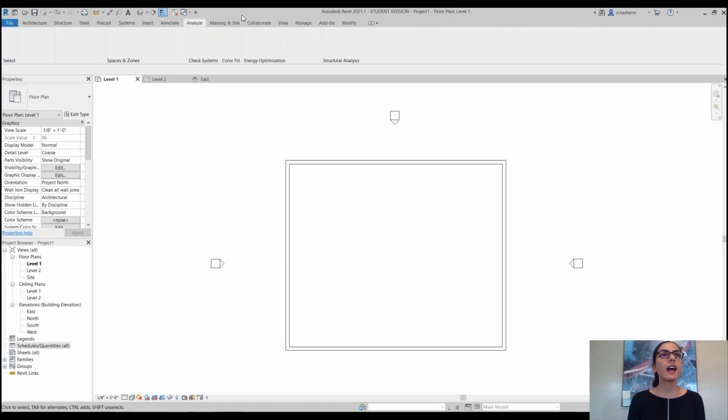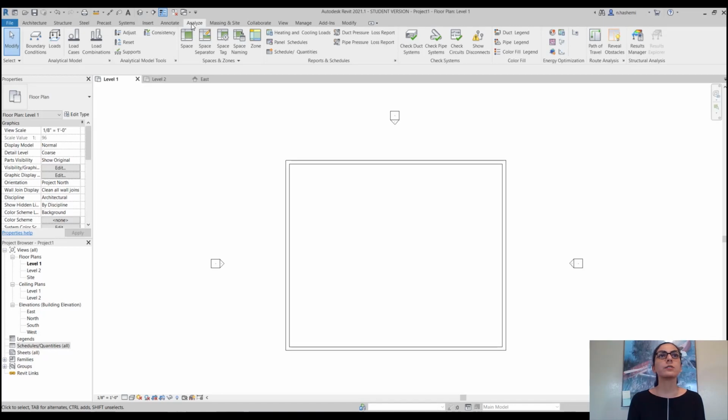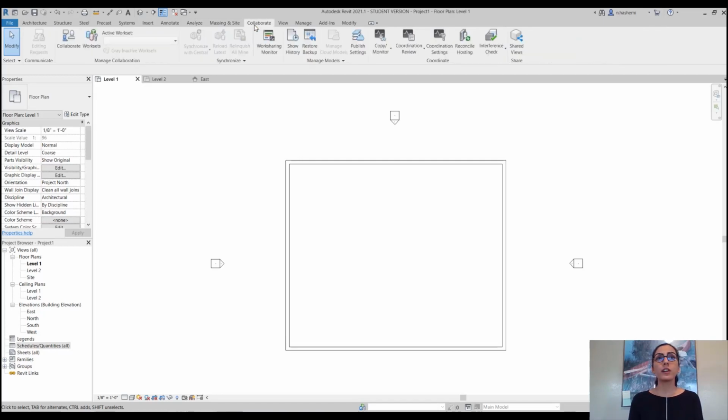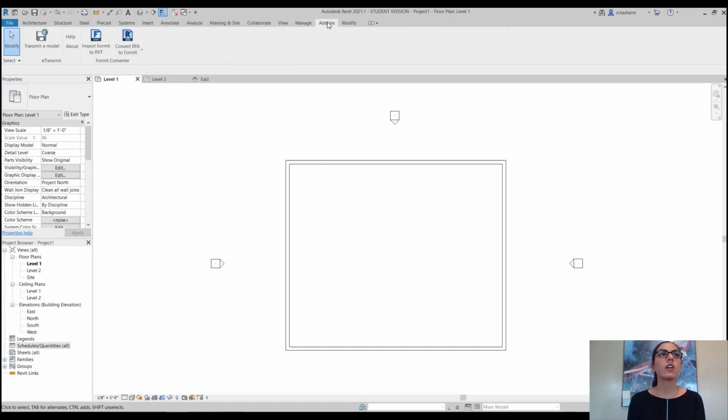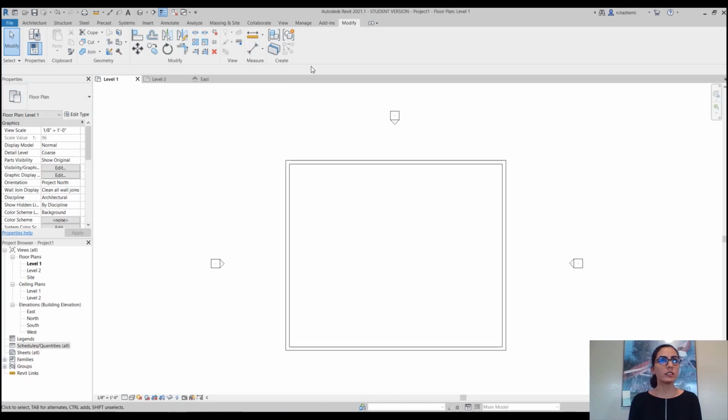We have the Analyze tab, where we can do different analyses like lighting. We have the Collaborate tab, which is for collaboration when, for example, in a firm, they want to work on a project. And here are Add-Ins and the Modify tab, which we'll use a lot.